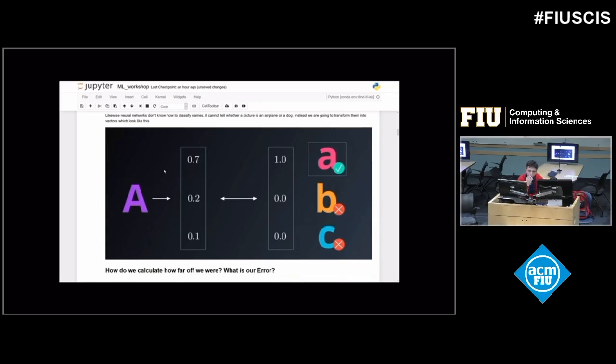Another thing is that neural networks don't know how to predict what a car is. The only thing that it learns is functions. So we're going to take each one of our images and label them as vectors. In this example, we have an input A, and the label will look like this vector where there's a 1 in A's position. This is called one-hot encoding.